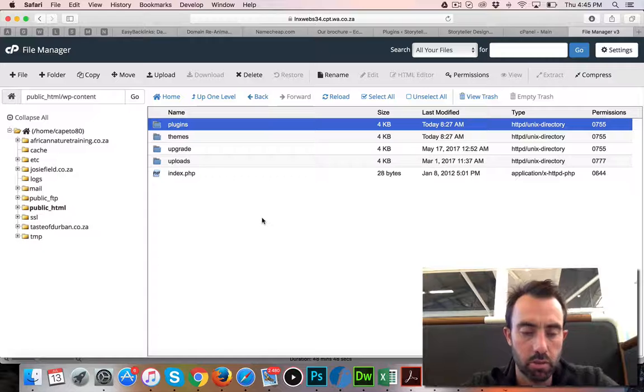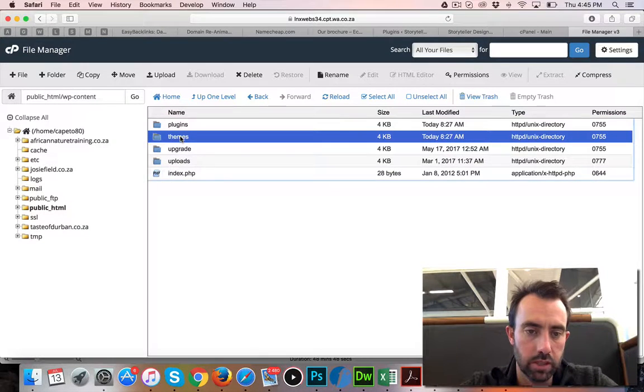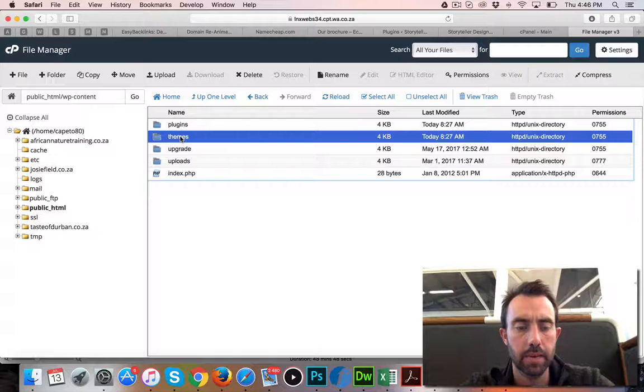If that didn't solve your problem, then you need to try the same things with the theme folder. There's a theme folder, you can rename it, and then the default theme will become activated and your theme will be deactivated. That's why it's always important to have a default theme on your WordPress site, like